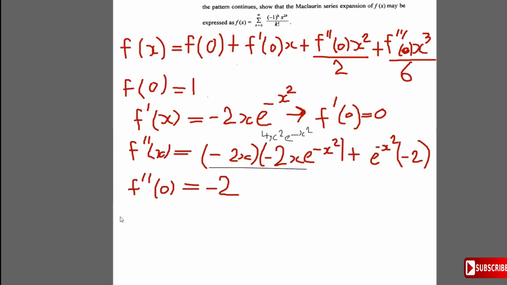Using the product rule again, you get the third derivative, f triple prime of 0, using product rule is equal to keep the first, 4x squared, times the differential of the second. We differentiate e to the minus x squared. We get minus 2x e to the minus x squared